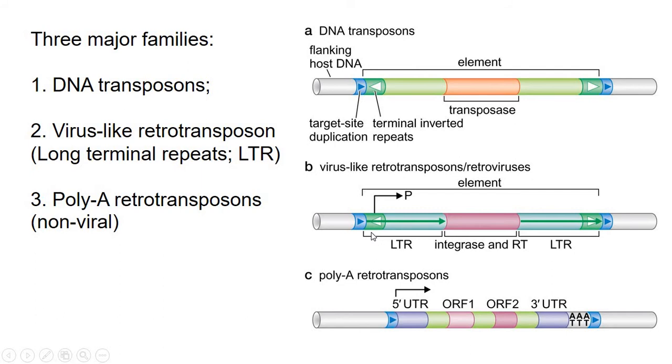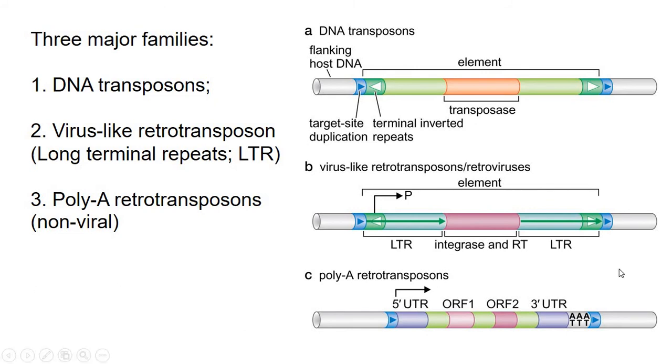These retrotransposons have this long terminal repeat. So here you can see these terminal repeats are long here. That's why they're also called LTRs, or long terminal repeat transposons. And then they also have the sequence that will code for enzymes, code for these proteins, integrase, which is a transposase, and a reverse transcriptase, because these are retroviruses. Their RNA sequences need to be converted into DNA in order for these to get into the genome. So the DNA sequence gets converted into RNA, back to DNA, and then it inserts itself into the new position